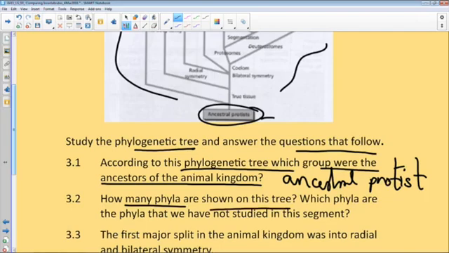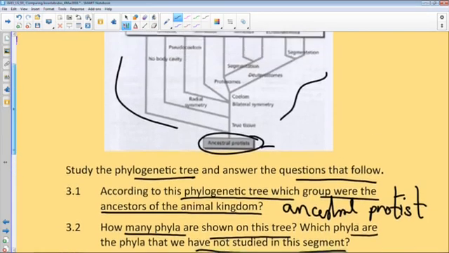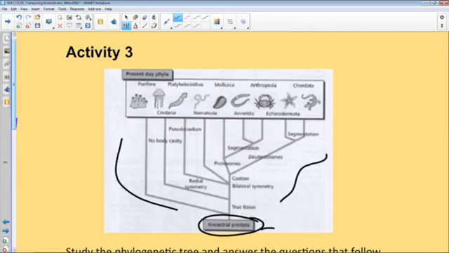Cool. And which phyla are the phyla that have not been studied in this segment? So if we go back to this, remember we said that the phylum refers to a small group of a classification which has many organisms with similar characteristics. If we look at this phylogenetic tree, guys, it refers to the poriferas, which we've studied. It refers to the cnidarians, which we've studied, platyhelminthes, which we've studied. We've done the annelids, we've done arthropods, and so we've covered 1, 2, 3, 4, 5, but in total I'm